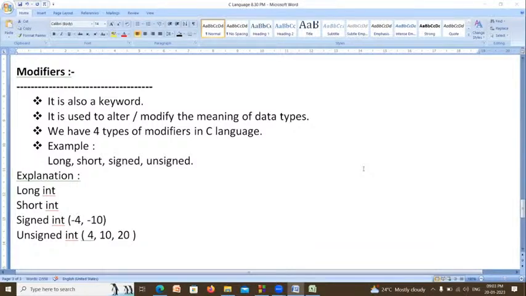What about the long and the short? Long means if you want to increase the size of integer, then you have to use a long integer. Integer can store up to only 32,000. Suppose you want to store 1 lakh or 2 lakhs, then we need to increase the size of integer. That's why you have to use long integer. Suppose you want to store only marks, where the maximum marks for a subject is 100. The student may get only 0 to 90, 100. Beyond 100 and negative numbers he won't get. Then you can use only short integer. Got it.